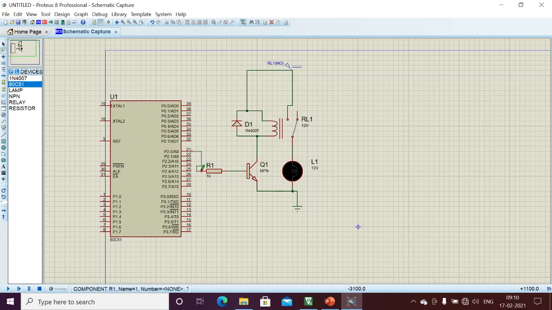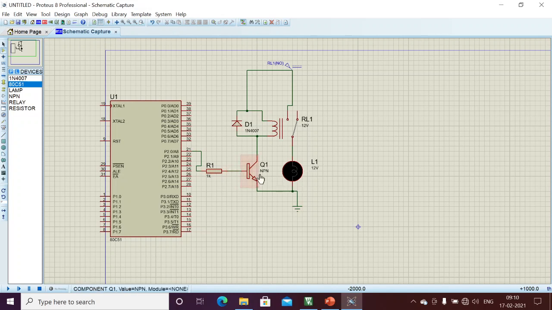Initially my port pin is at logic 1. Logic 1 means 5 volts. Initially all the port pins have logic 1. Why? Because we have internal pull-ups for ports 1, 2, 3, but we don't have internal pull-ups for port 0. If I want to use port 0 on each and every pin, we need to connect external pull-ups, and after that we can use those particular pins. Right now we have the internal pull-ups. It will give logic 1 initially.